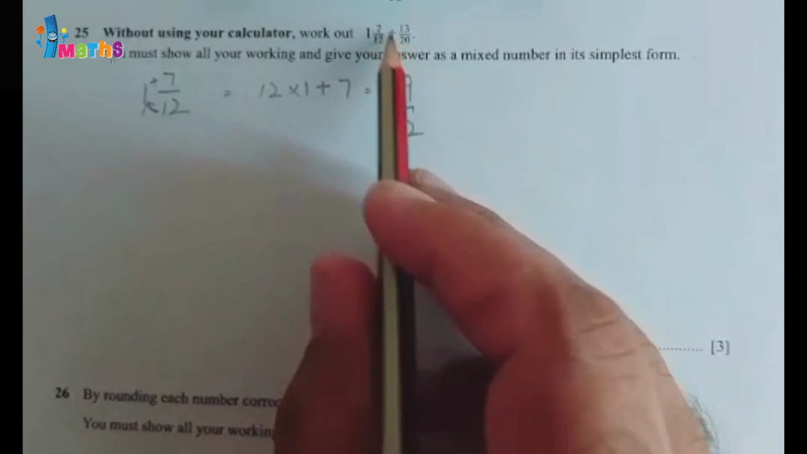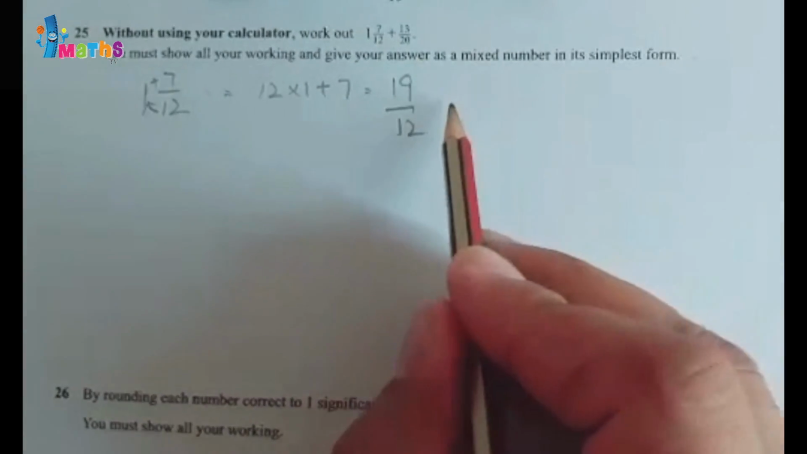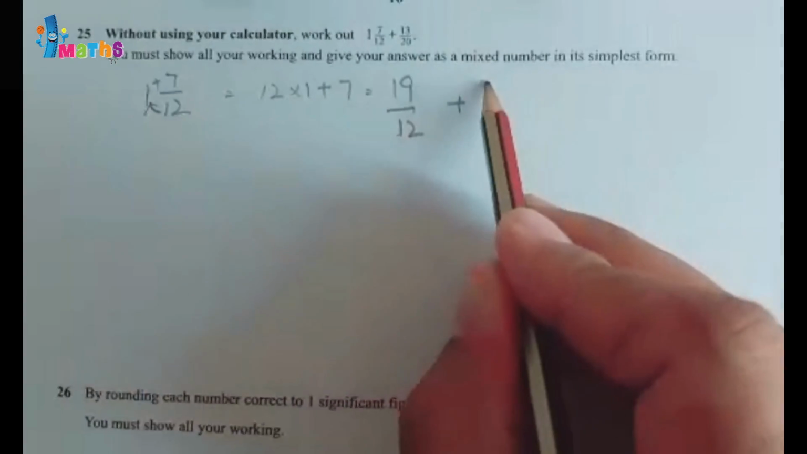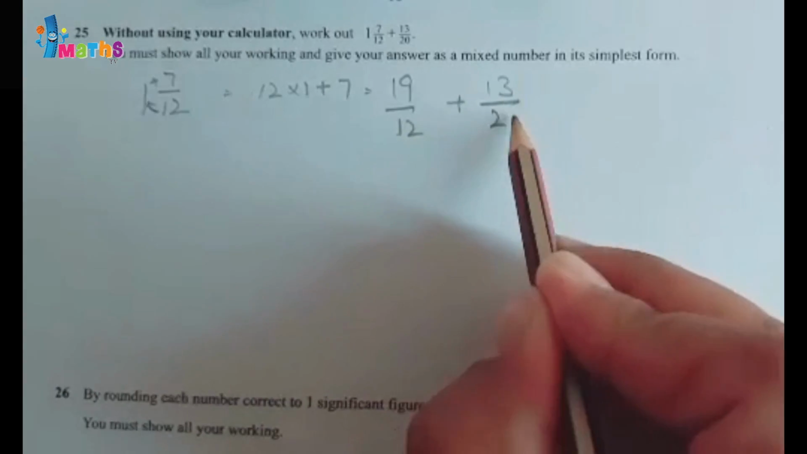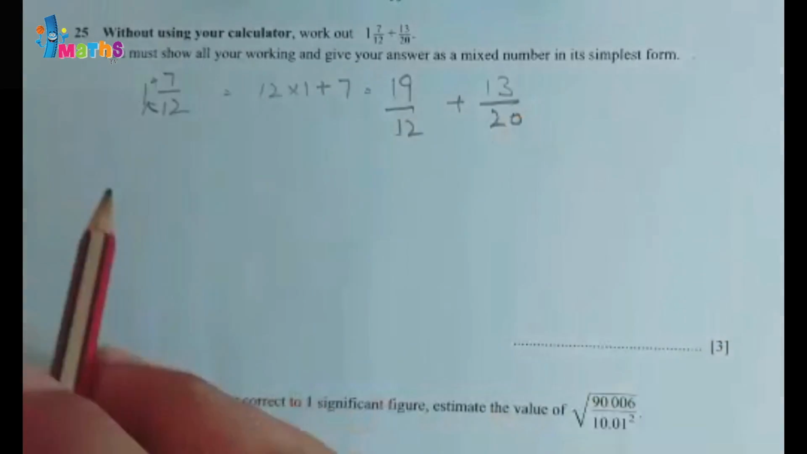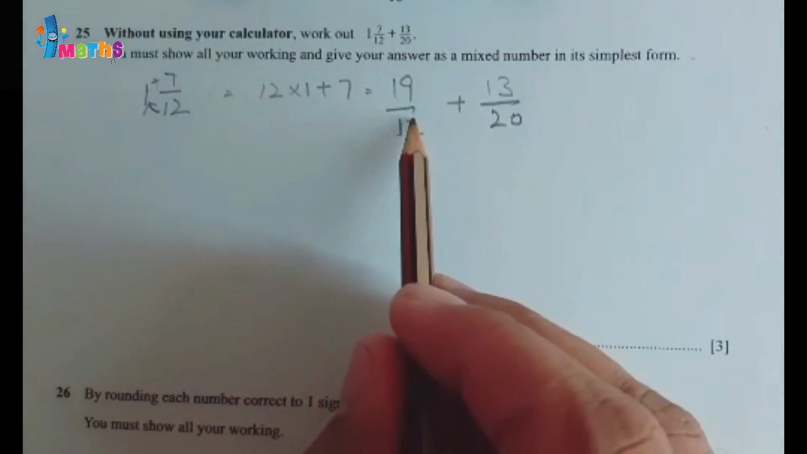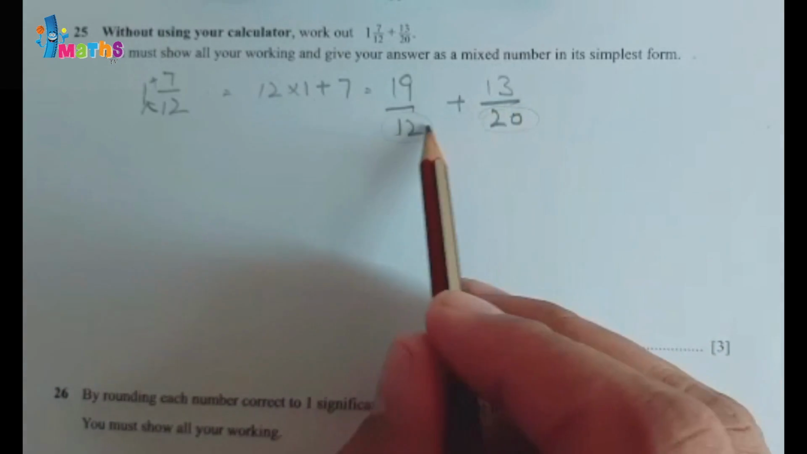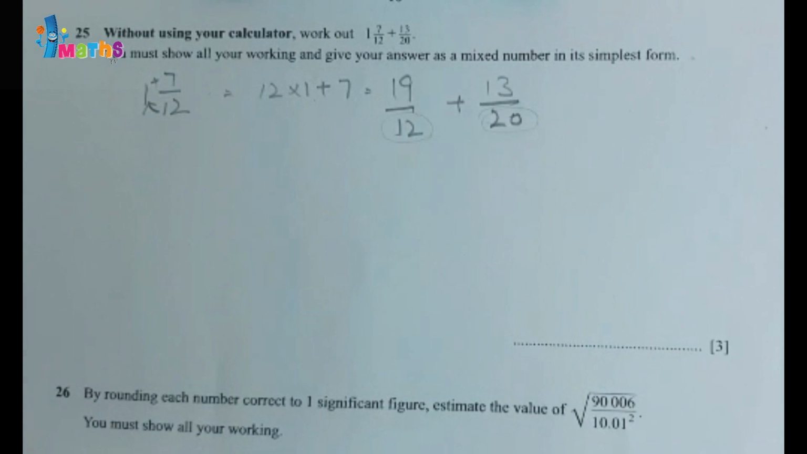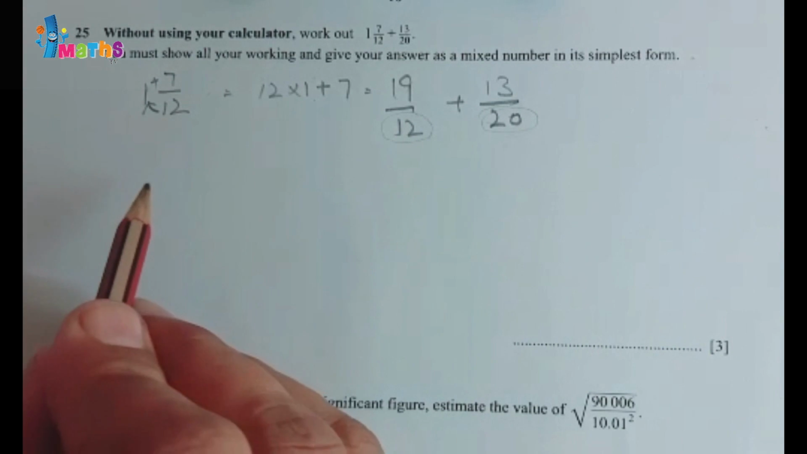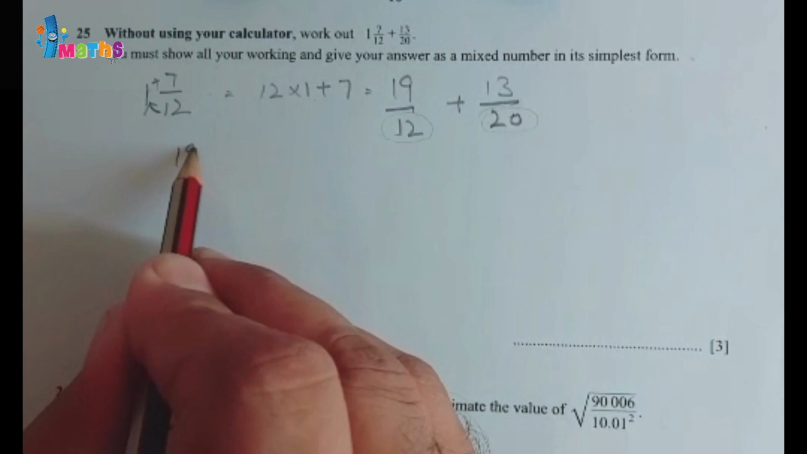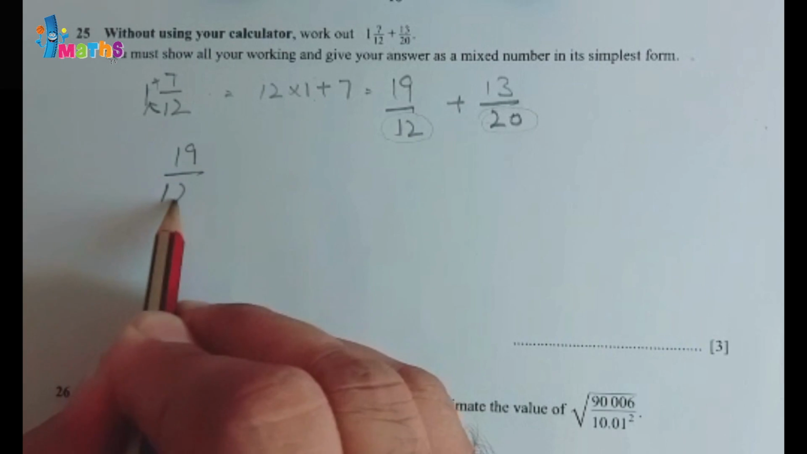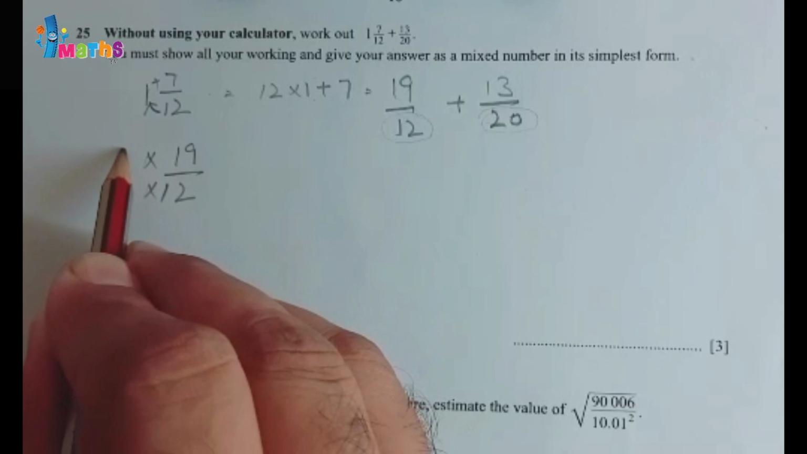Now the second fraction provided is 13 by 20. So we'll have to solve basically this fraction. Now we will use the equalization of denominator method. We'll have to equalize the denominator. We can convert both 12 and 20 into 60. We will multiply 19 over 12 both by 5